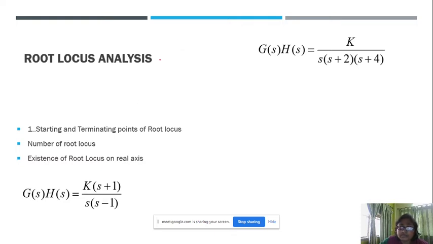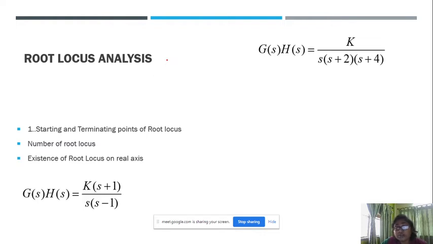Now, it is very difficult for a larger order system. If the characteristic polynomial is quite large, it will be difficult if we approach in this way. That's why in our previous class we also discussed a condition, the Evans condition, which comes from the characteristic equation and has two criteria. One is the magnitude criteria and the second one is the angle criteria.